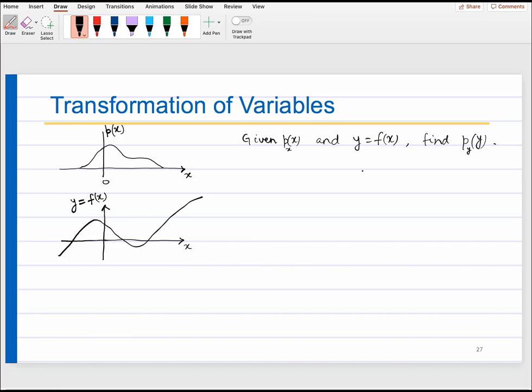How do you do that? The basic philosophy is, okay, let us say this area, which is of width dx at point x. So, okay, let me not consider